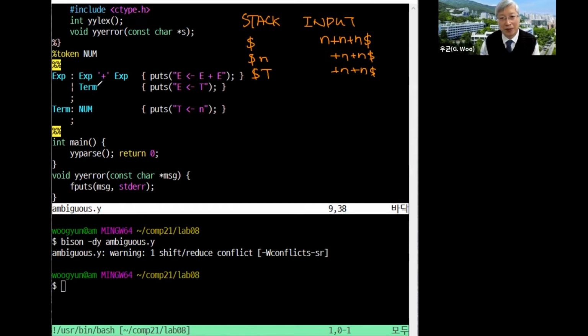But T may be reduced to exp, or it can shift num to here. So one option is